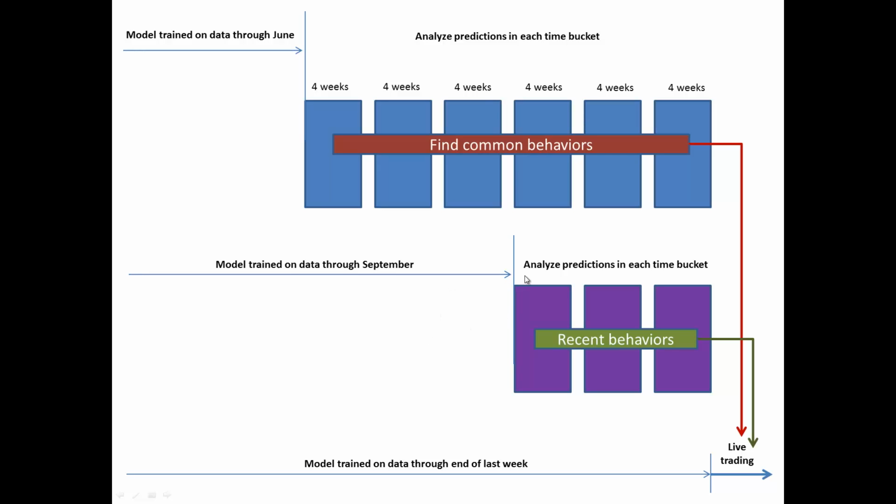Once it's finished, we run it against data that the machine's never seen. So in this case, that's October through sometime in January. What we do is we give it each bar and say, okay, what would you predict on this bar? And then we take that information and we run a simulation that says, okay, if I traded